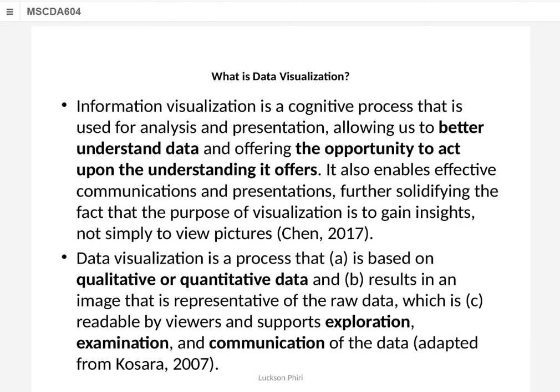So data visualization is a cognitive process that is used for analysis and presentation. The whole idea is for us to understand data better. Like the example I gave you, when I gave you numbers, it was difficult to understand the data, but when I gave you a visual representation of the data, it was easier to make a decision. So it must offer you an opportunity